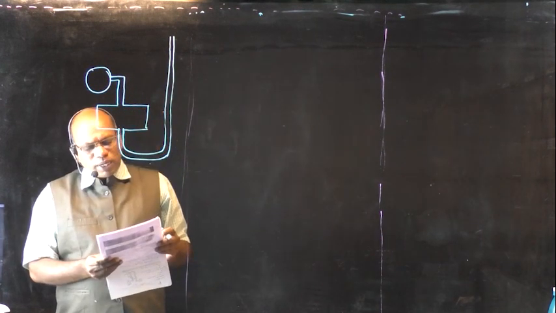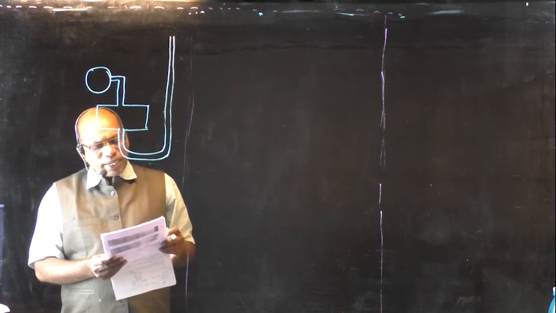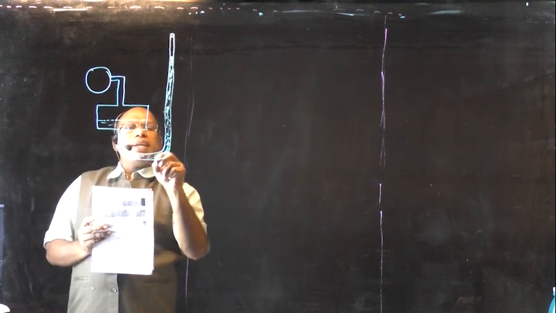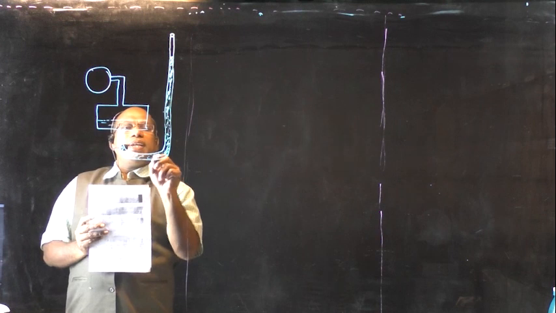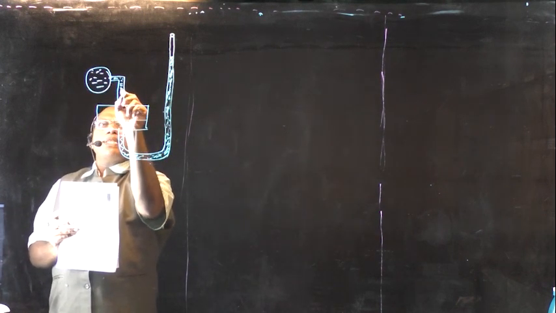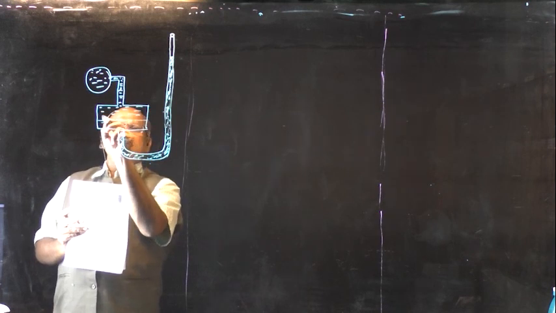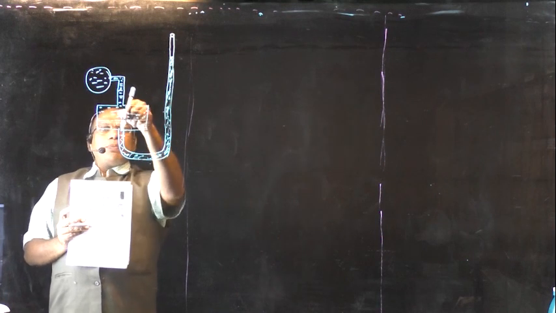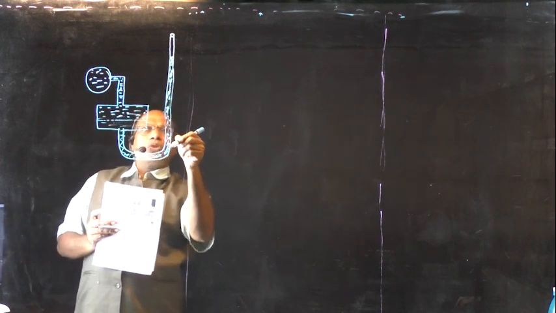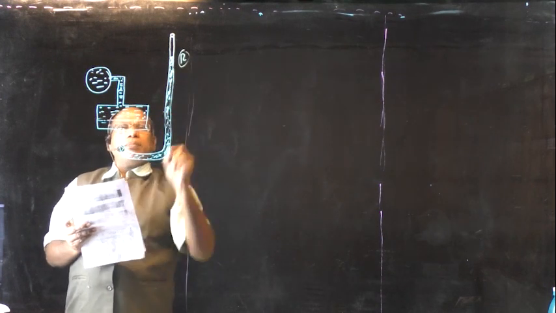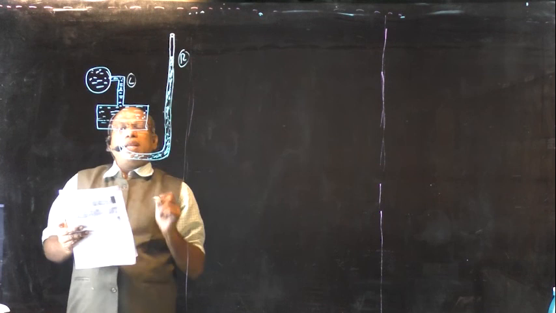A single column manometer is connected to a pipe containing a liquid of specific gravity 0.9 as shown in the figure. This is the mercury, the manometer liquid. This is the liquid in the pipe. Because of the pressure, the mercury level moves towards the right side. This is the right limb. This is the left limb.